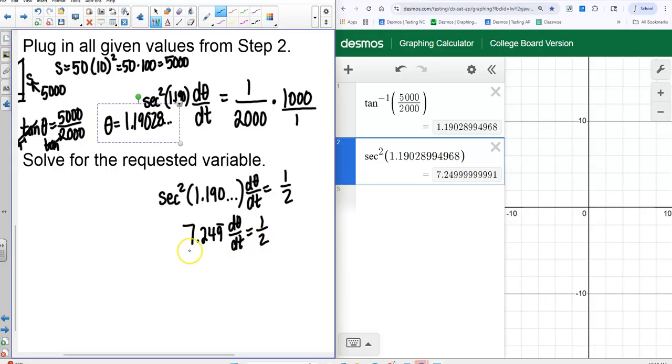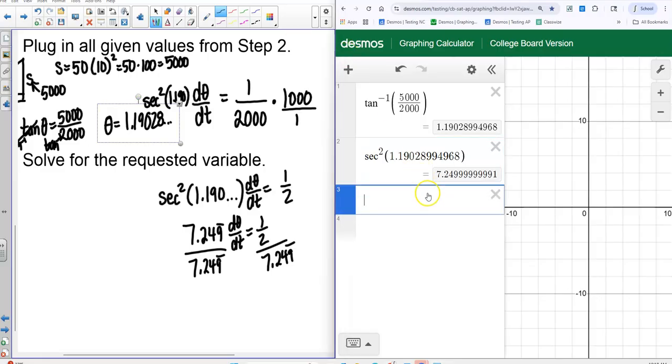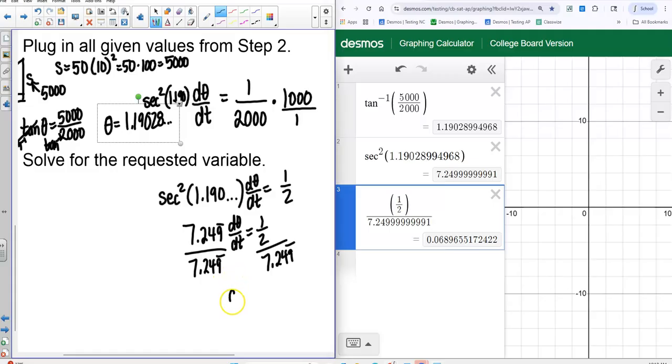And then we just need to divide both sides by that number there, and if we do 1/2 divided by this number, we are getting d theta dt is going to equal